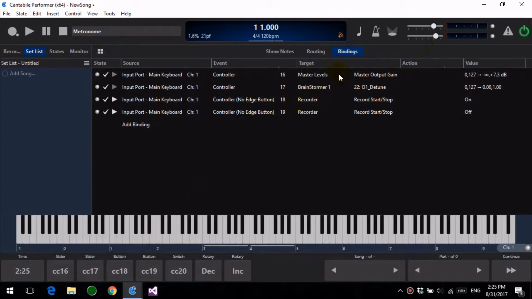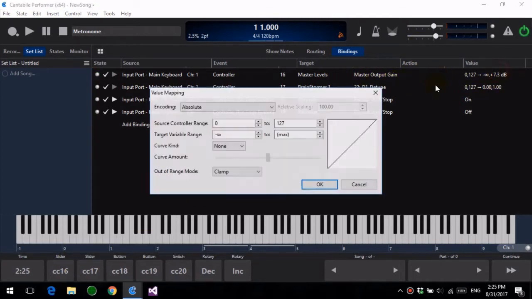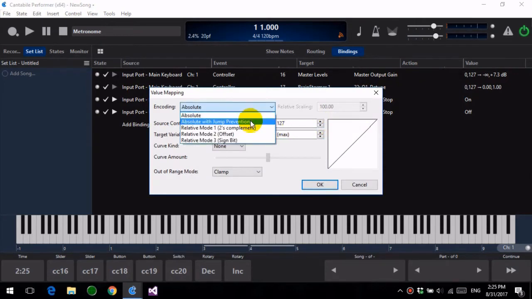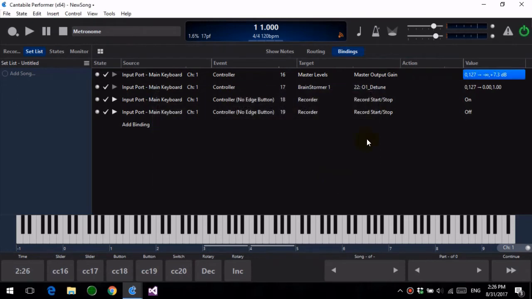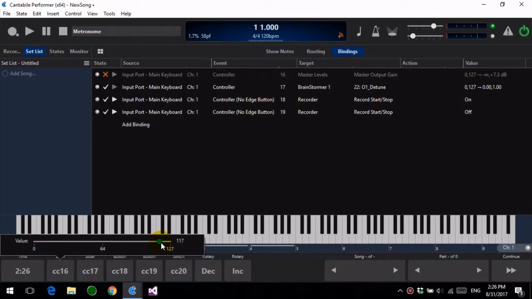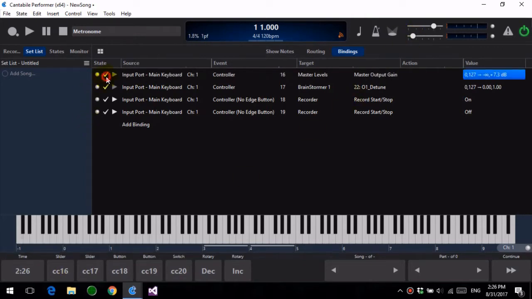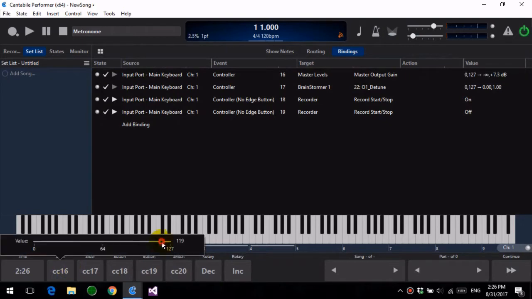What you can do to prevent that is turn on jump prevention. So if I go into here and turn on absolute with jump prevention, and I'll just quickly disable this binding so that I can get them out of sync. If I move this down to here, right, so you can see that we've got the CC value is currently right up here, the binding is right down here. You turn this binding back on, what you'll notice,